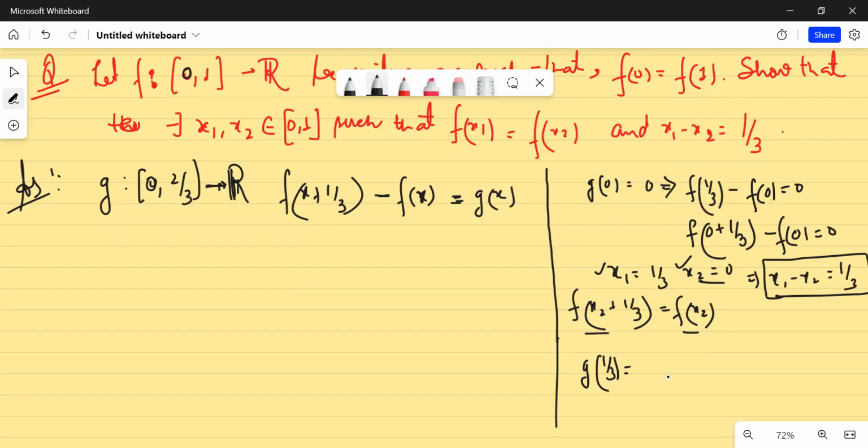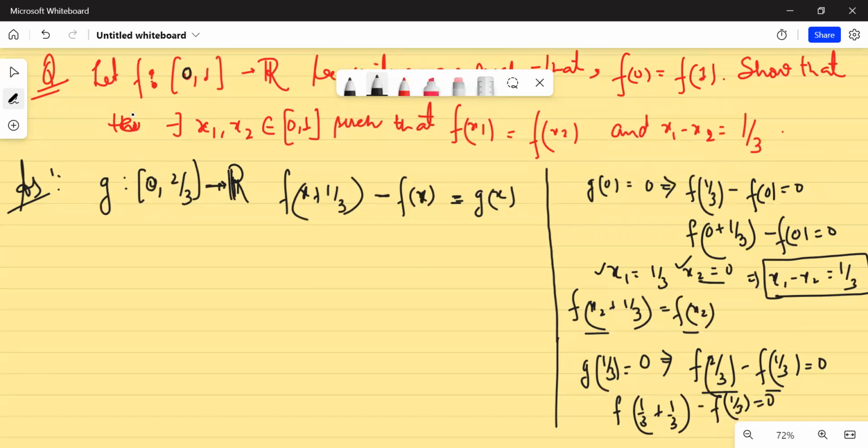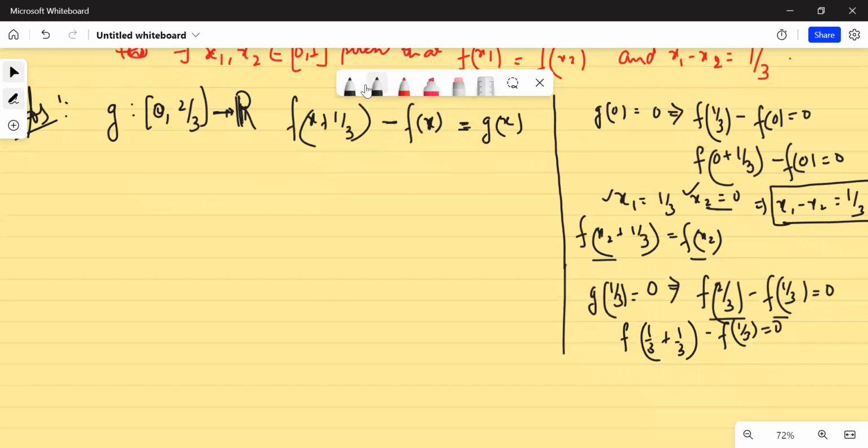If g of 1 by 3 is equal to 0, then again there is nothing to prove. Why is there nothing to prove? Because if g of 1 by 3 is equal to 0, then what does it mean? g of 1 by 3 is simply f of 2 by 3 minus f of 1 by 3 equal to 0. So if this is the case, then also there is nothing to prove, because here f of 2 by 3, you can write f of 1 by 3 plus 1 by 3. And here also you can write f of 1 by 3 is equal to 0. So clearly, here x1 is what? Here x1 is also equal to,